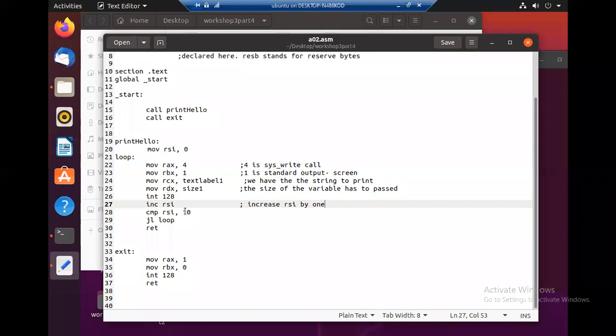So what we are doing, we are going to jump to the same set of instructions again and again until this condition is satisfied. If it is not satisfied, it will not jump but return from this one, then exit.